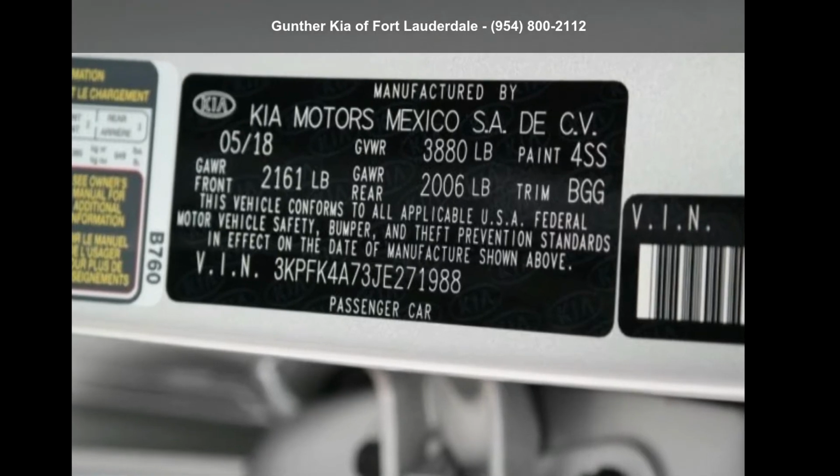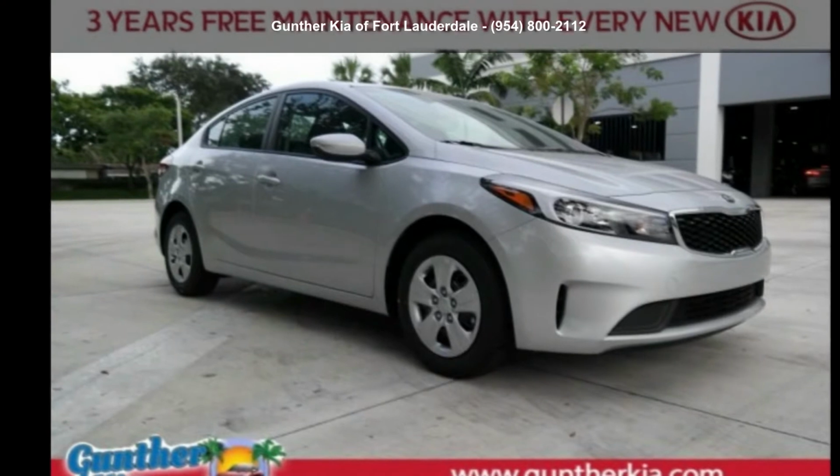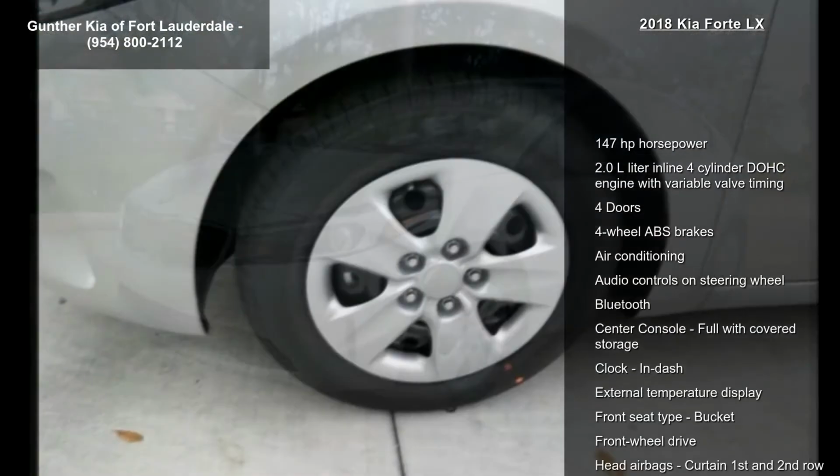Check out this Kia 2018 Forte LX. If you are looking for a first-rate auto, this one could be yours today. This vehicle's top features include 147 horsepower,